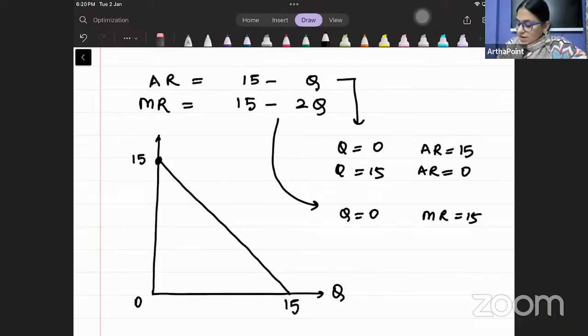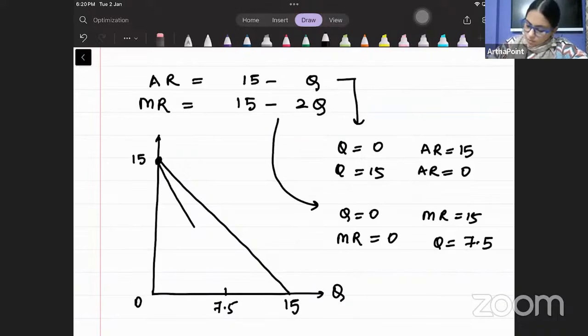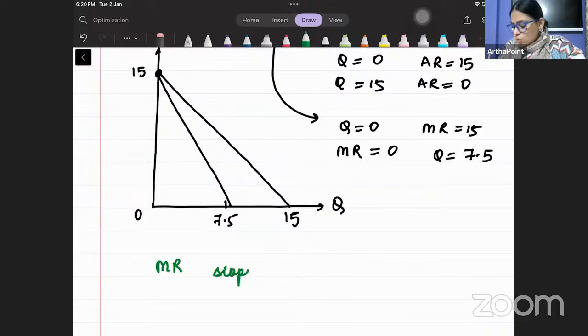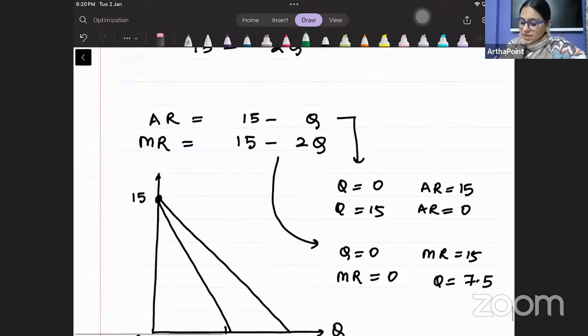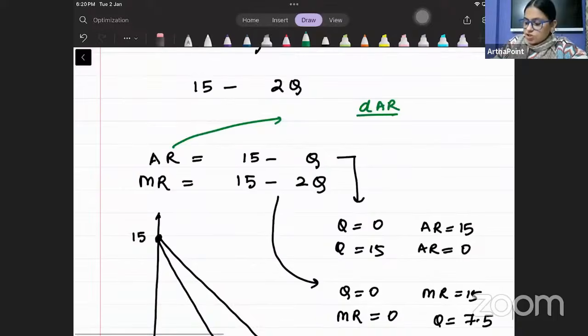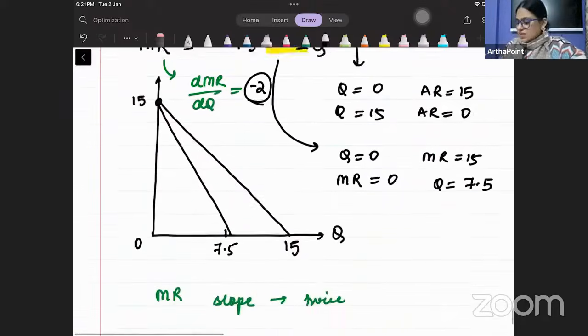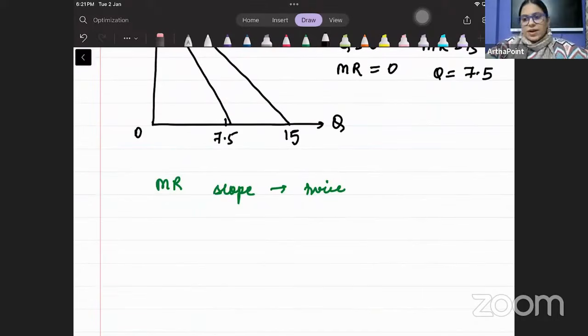बट अगर बेटा MR को 0 रखेंगे तो Q की वैल्यू 7.5 आएगी, माने यहां पे ऐसे आएगी। तो इसमें बुक ये बोलती है कि अगर आप MR और AR को ग्राफिकली देखोगे तो आप ये पाओगे कि जो MR है, उसका जो स्लोप है वो AR के स्लोप से ट्वाइस है। और स्लोप कैसे निकलता है, जब हम AR को फिर से Q से डिफरेंशिएट करते हैं। तो अगर मैं इसको Q के रिस्पेक्ट में डिफरेंशिएट करूं तो यहाँ -1 आएगा, और अगर इसको Q के रिस्पेक्ट में डिफरेंशिएट करूंगी तो बेटा इसका कोएफिशिएंट -2 है, तो यहाँ -2 आएगा। तो ये इसके डबल है। बस इतना ही है, अगर आपको ग्राफिकली नहीं समझना तो ये वाला पार्ट आप स्किप भी कर सकते हो जहां पे हम इसकी ग्राफिकल इंप्लीकेशन कर रहे हैं।